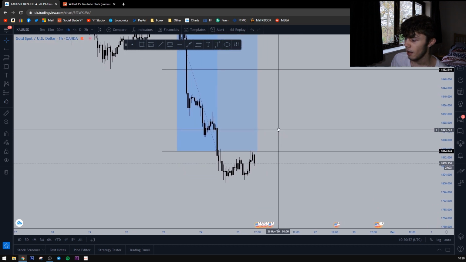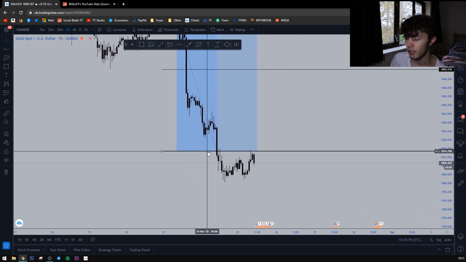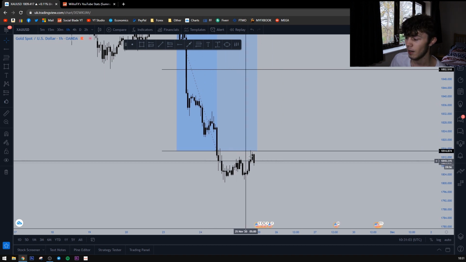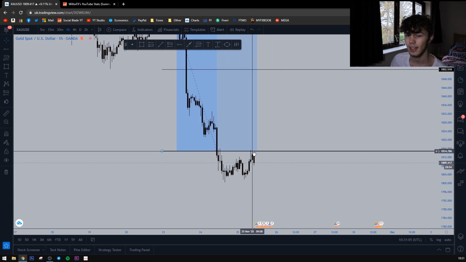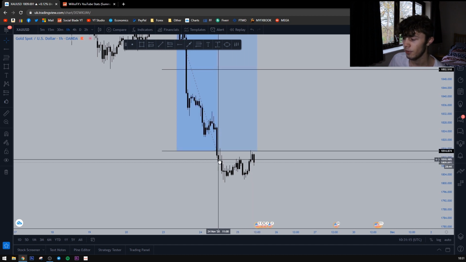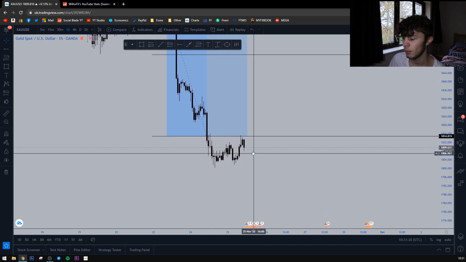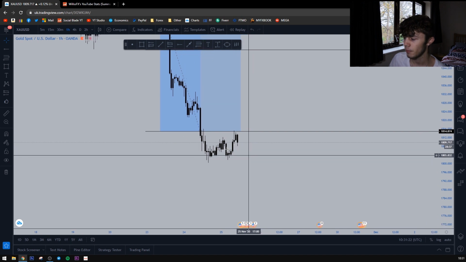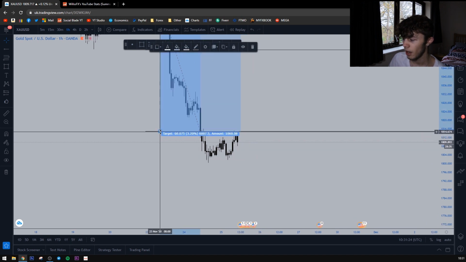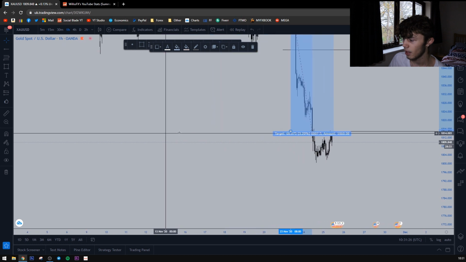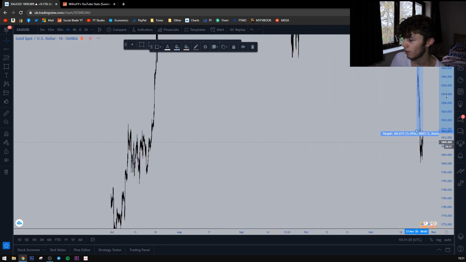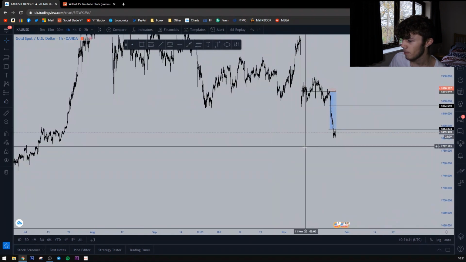But yeah, this area which I showed you was rejected in the past as a resistance, broke through, and now is retesting it as a resistance once again. So these key levels on gold and many other pairs love to be tested multiple times. They hold very well, as you see, breakthrough, retest, retest, and now we might see another bearish move down. But if you did hold gold past this area, then I'd say the next area you could target is actually